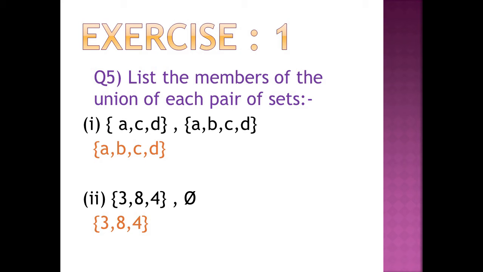Example number 2: {3, 8, 4} and {5}... I have 3 elements in the first set and this is a null set. When we take the union of two sets, where one is the empty set and the other has 3 members or 2 members or 5 members, I will write the set as it is, which has members, which is not the empty set. {3, 8, 4} is not an empty set. I will write the union of sets as {3, 8, 4} because the empty set is a part of every set.